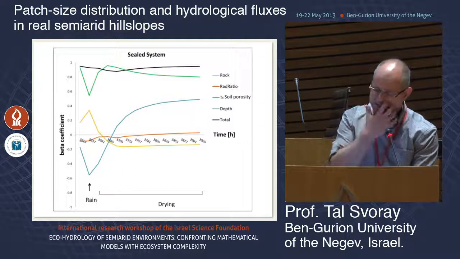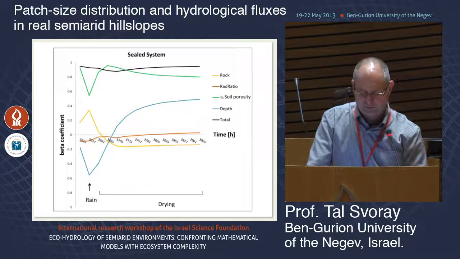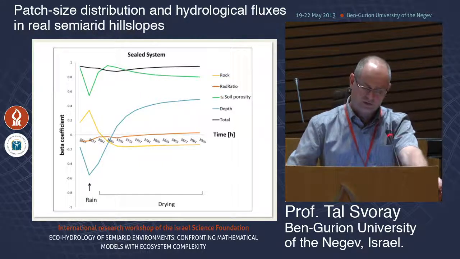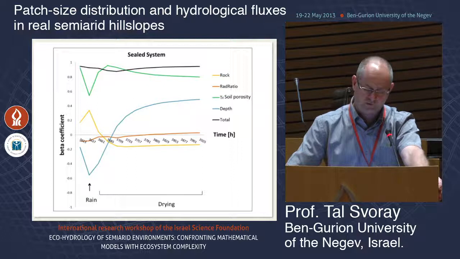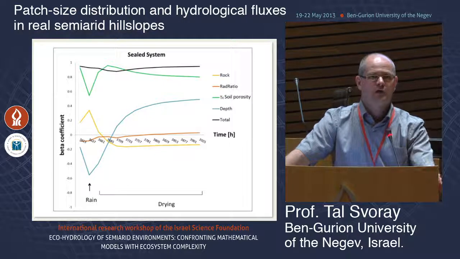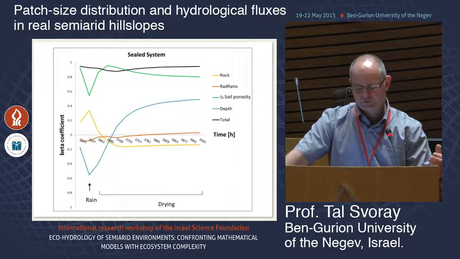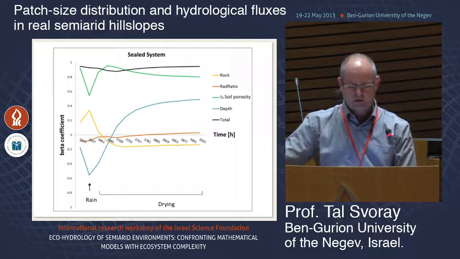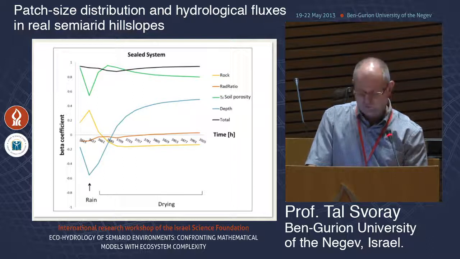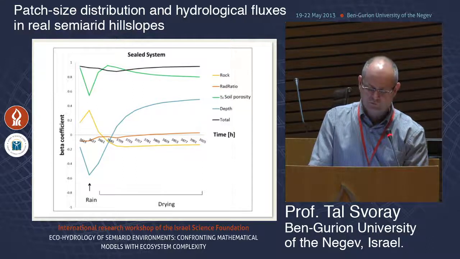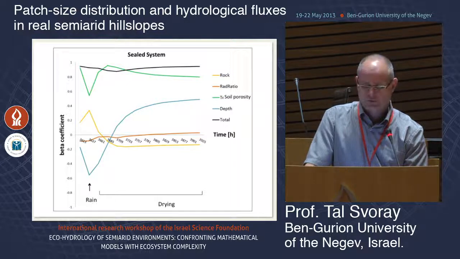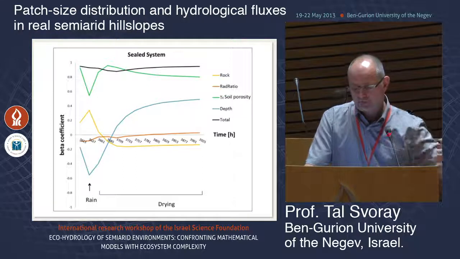The rock cover has a quite large effect immediately after the rainfall event, but it decreases dramatically. And the depth has an interesting effect, because during the rain or immediately after the rain, it has a negative effect, because it's much easier to fill the shallow profiles and much more difficult to fill the deeper profiles. But during the drying phase, it's much more difficult to dry out the water from the deeper pockets, so it has a positive effect. And surprisingly, the radiation has the lowest, quite small effect on the system, on the evaporation,